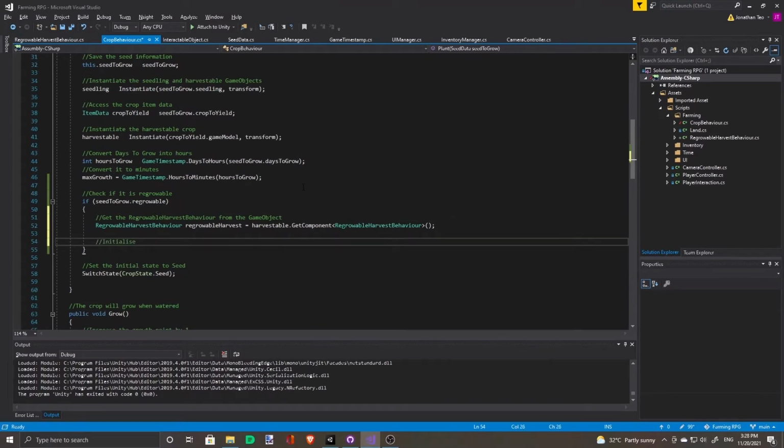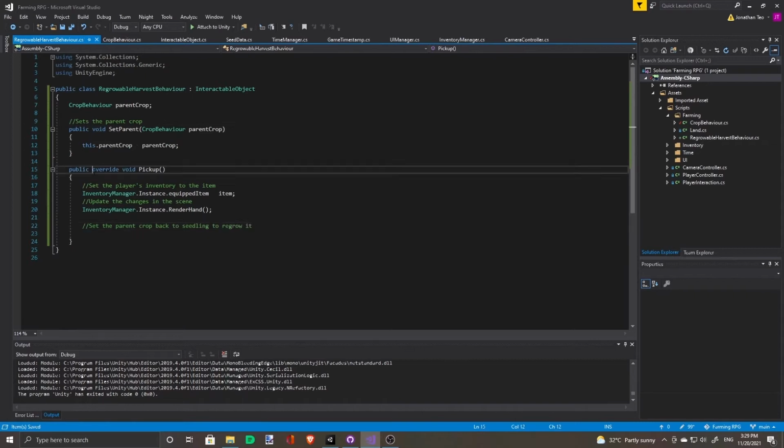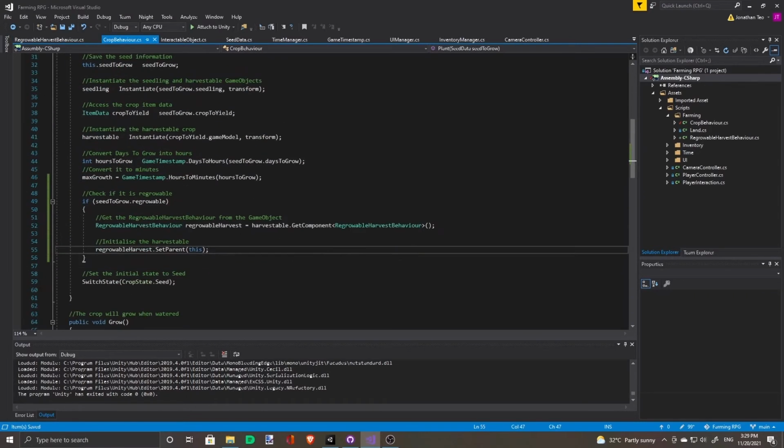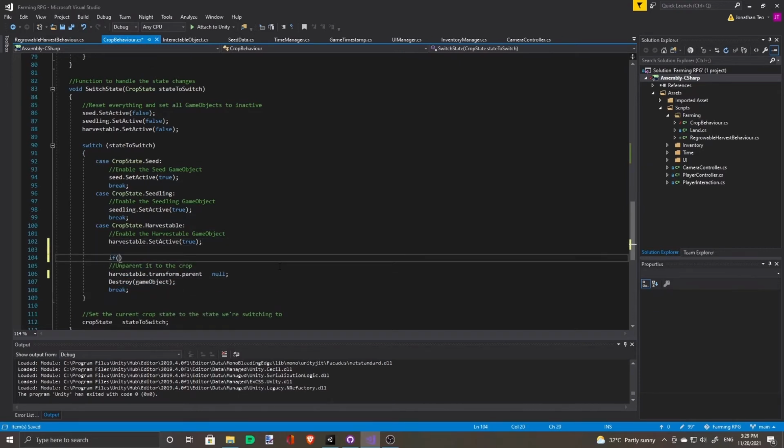And then we initialize. So once it's planted, it's going to set the parent to this. And when it's harvestable, we should not destroy the crop game object because we want it to continue growing. We have to add a condition to this. It's not regrowable.